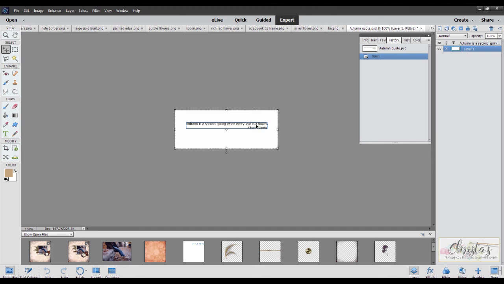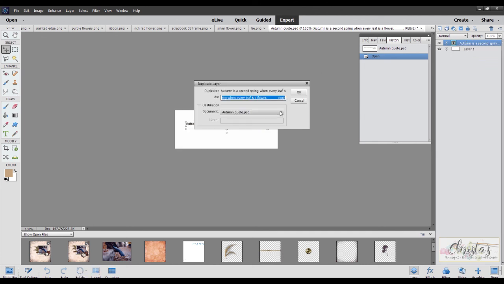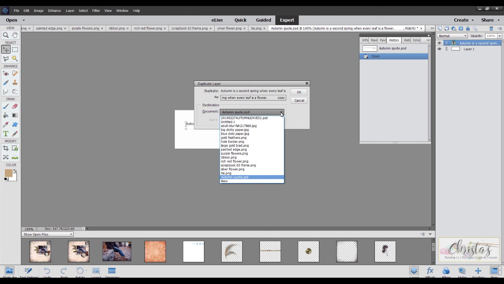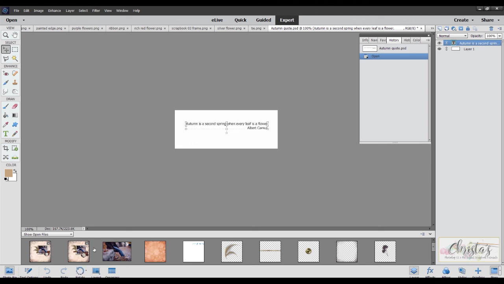I already typed it out, so I'm just going to grab this, and what I'm going to do, this is a shortcut if you ever wanted to duplicate and move it onto a different workspace, is you right click on the layer, you duplicate layer, and then where it says document, you can just use the drop down and look for your workspace. Mine, I know, is untitled, so I'll just click on that, and what it does is it duplicates this and puts it on the document that you want. So that's a really neat way to do